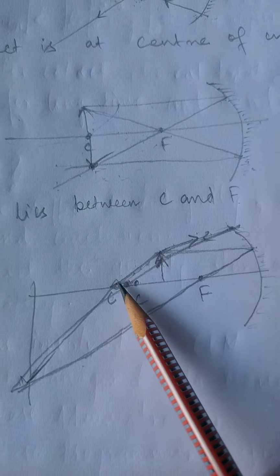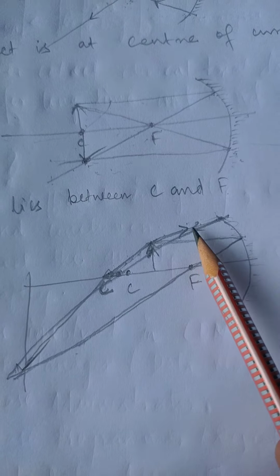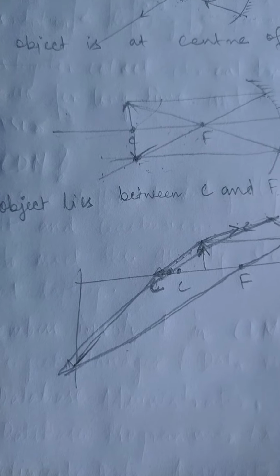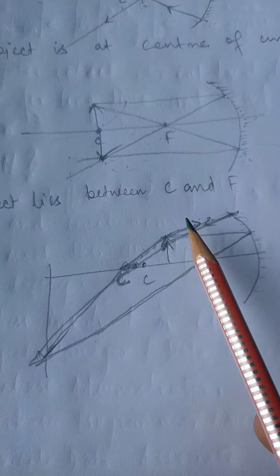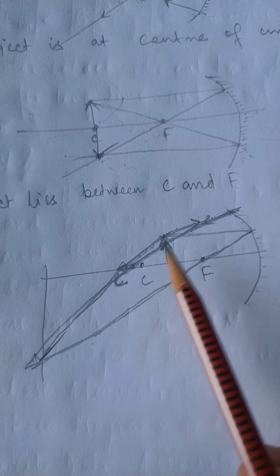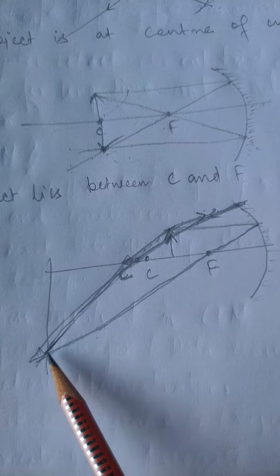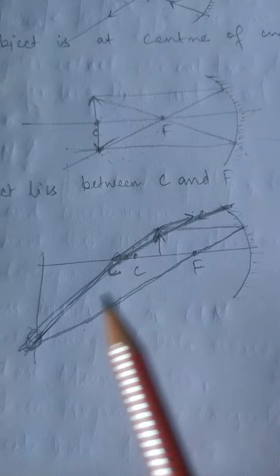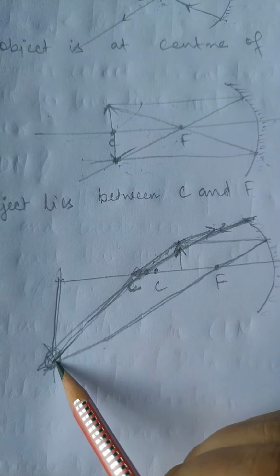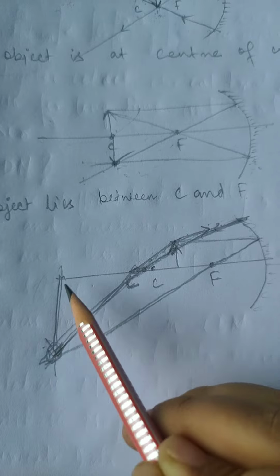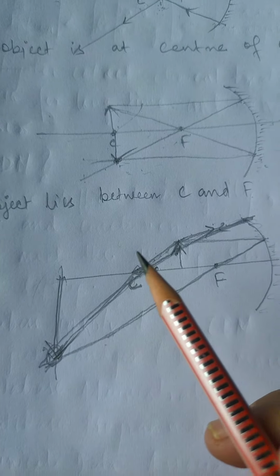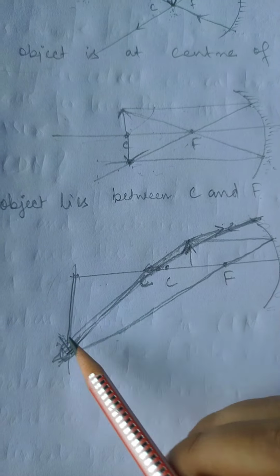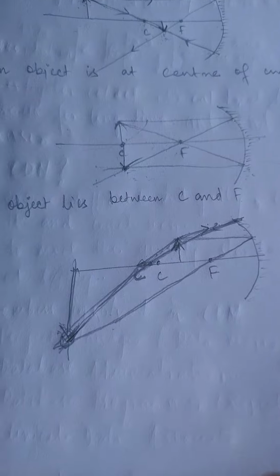Why? This is because this light is directly directed to the center of curvature, and when the light is directed to the center of curvature, it will come back along the same path. After it comes back along the same path, it meets at some point here, and here the image formation takes place. You see, the image size is very large as compared to that of the object, isn't it? That means the image size is large. Then the image is inverted, upside down, and another thing is the image is real, because this is also formed by real rays.